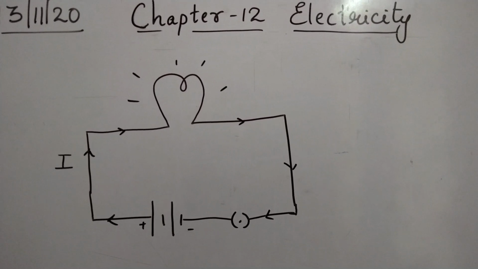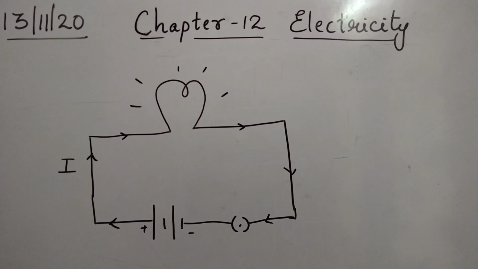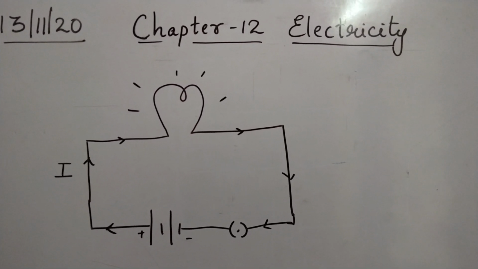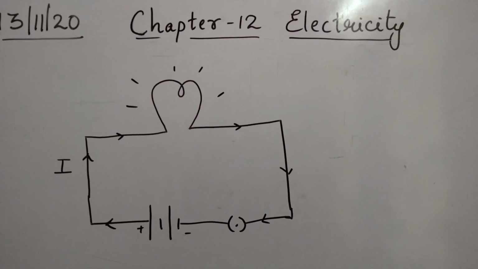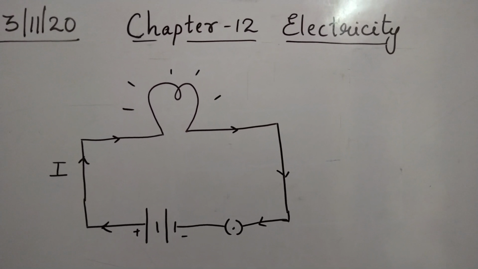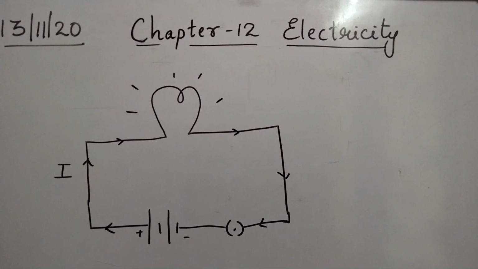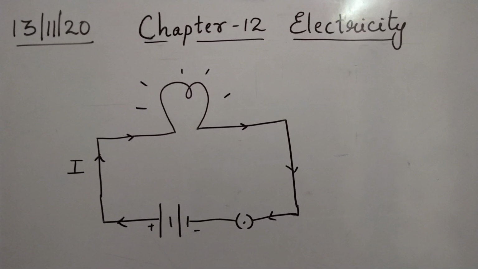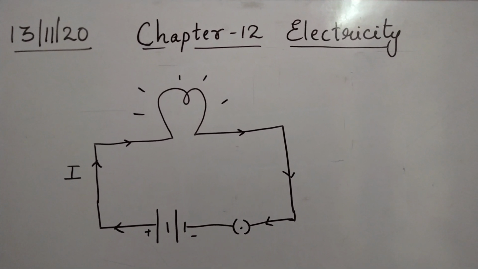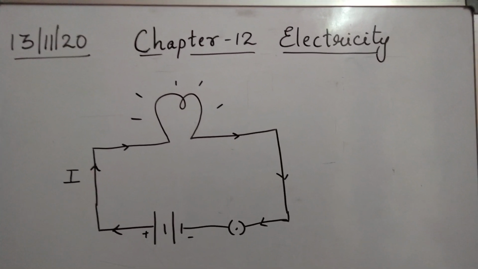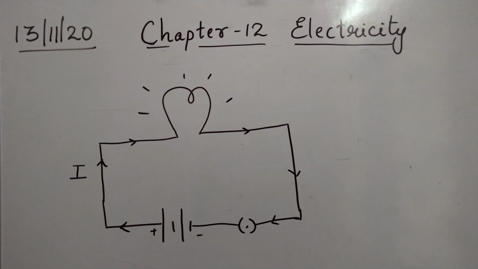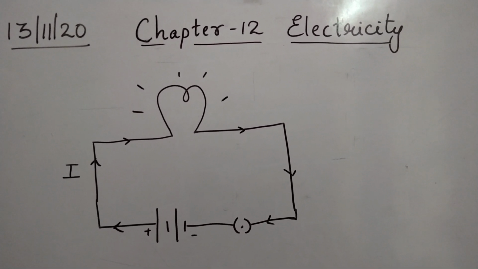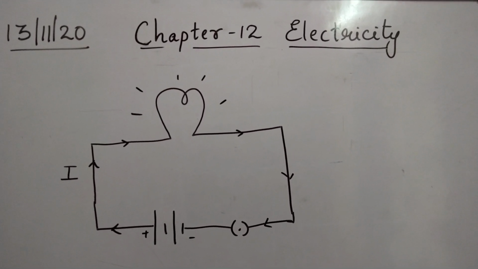Now, children, in this situation, the electrical energy is converted into the light energy. But will it be fully correct to say that all of the electrical energy is converted into light energy? No. Some amount of electrical energy is converted into another form of energy, which is called heat energy also. Yes, children, this is the observation I wanted to discuss with you, that many times you must have observed that when the bulb glows after some time, it becomes a little bit warm. The temperature increases depending upon the watt of the bulb.